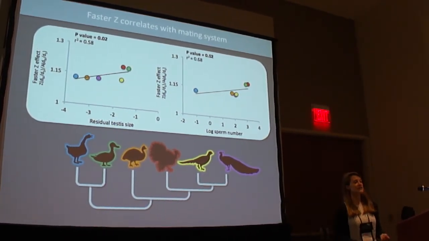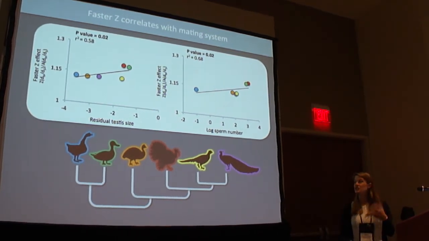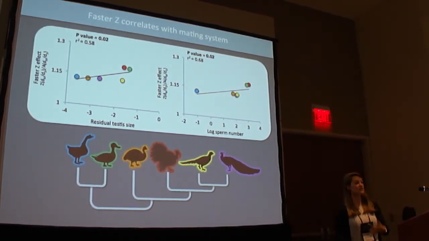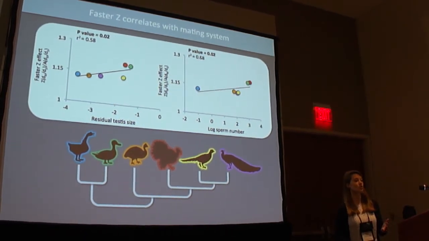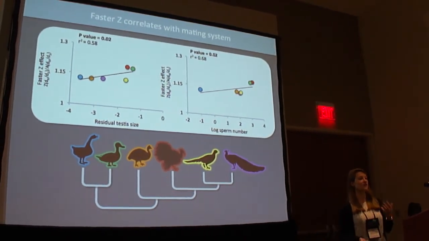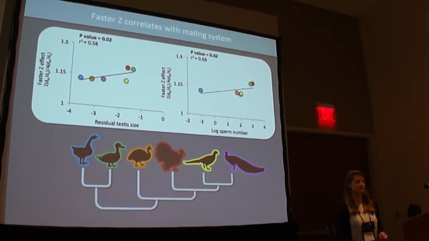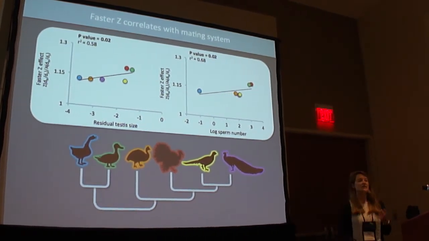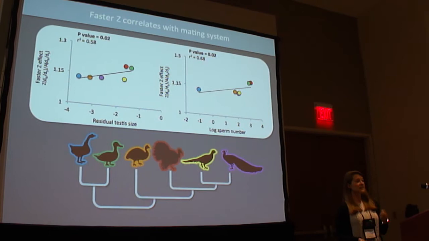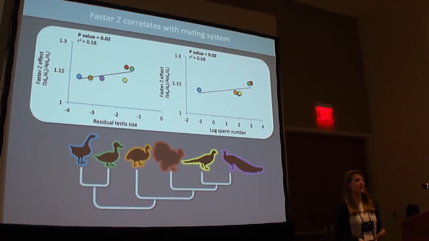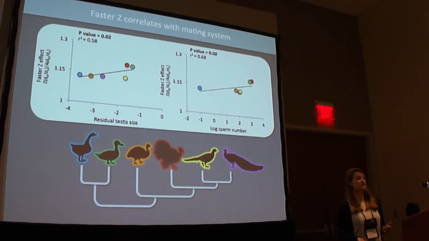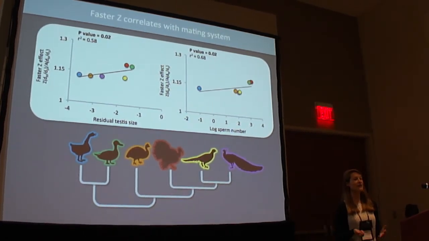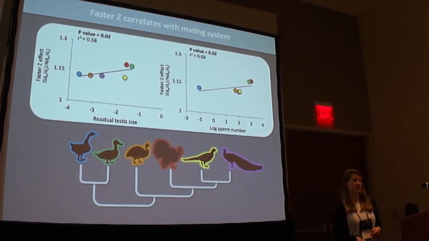So this really indicates that as the skew in male reproductive success increases, and we're using sperm competition as a proxy for this, drift acts more strongly on the Z chromosome, and you see a faster fast Z effect. So we can see that the Z chromosome is evolving with a significant contribution of drift, and ultimately this may be acting to constrain gene expression evolution on the Z chromosome by limiting the degree of standing genetic variation.